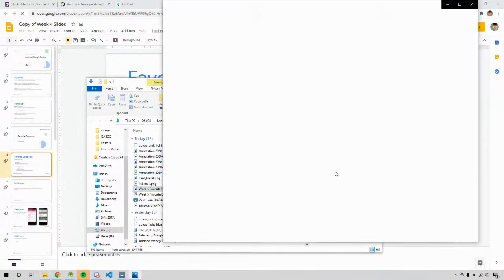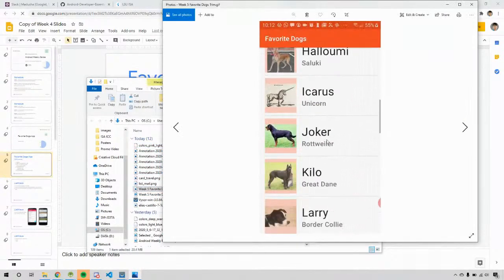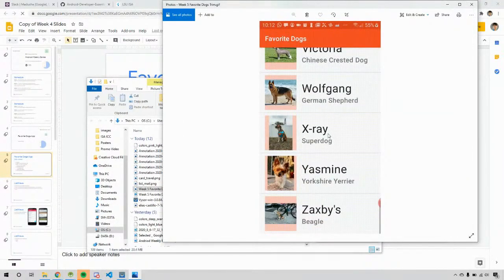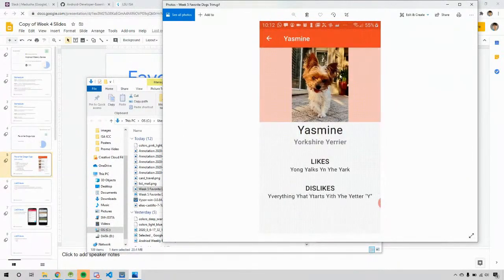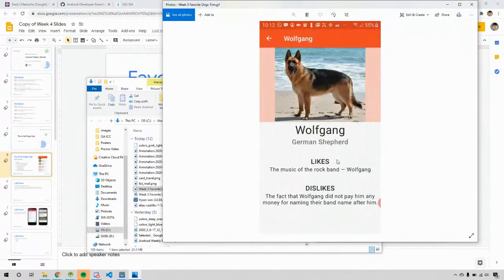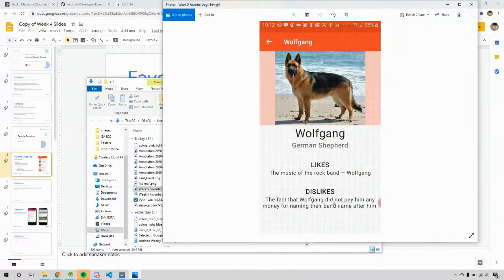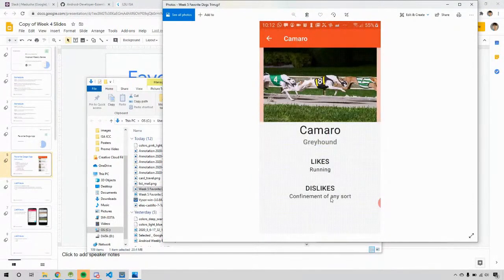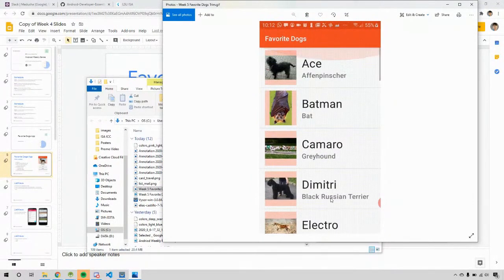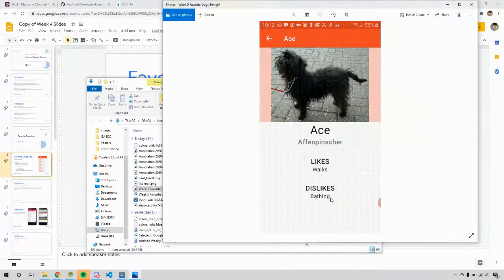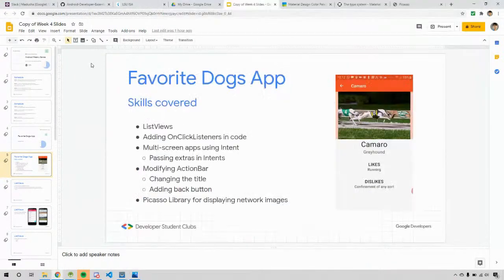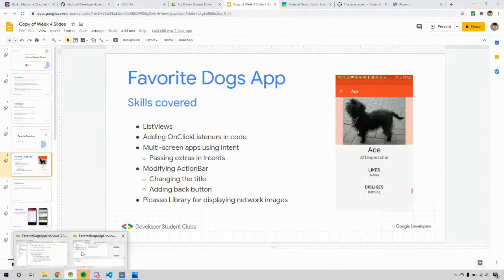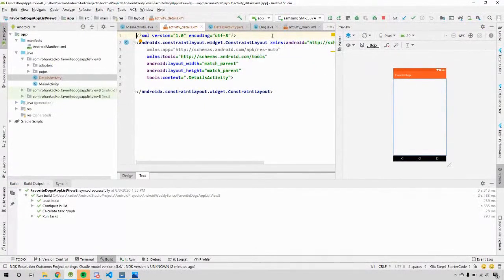Yeah, this will work. So when you click on it, if you notice, you have an image, you have the name, then you have the breed name, likes, and then dislikes. So it's like a vertical arrangement of views, right? So for the vertical arrangement of views, we need a linear layout. Yes. So now it loaded. So let's head back to Android Studio and change our root view